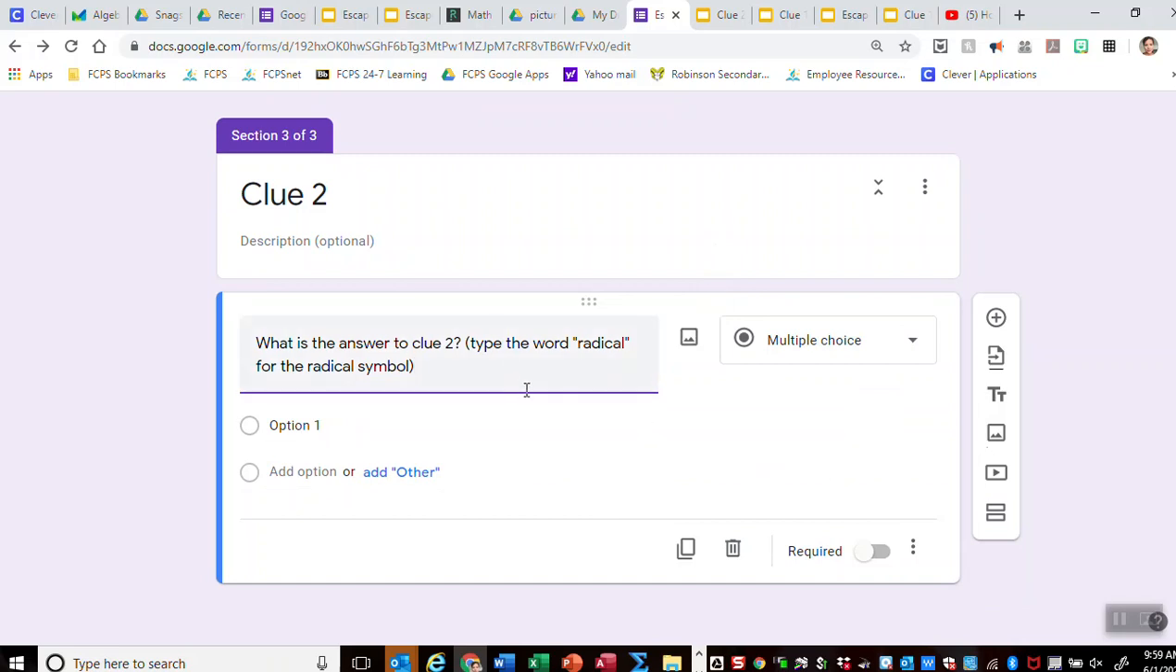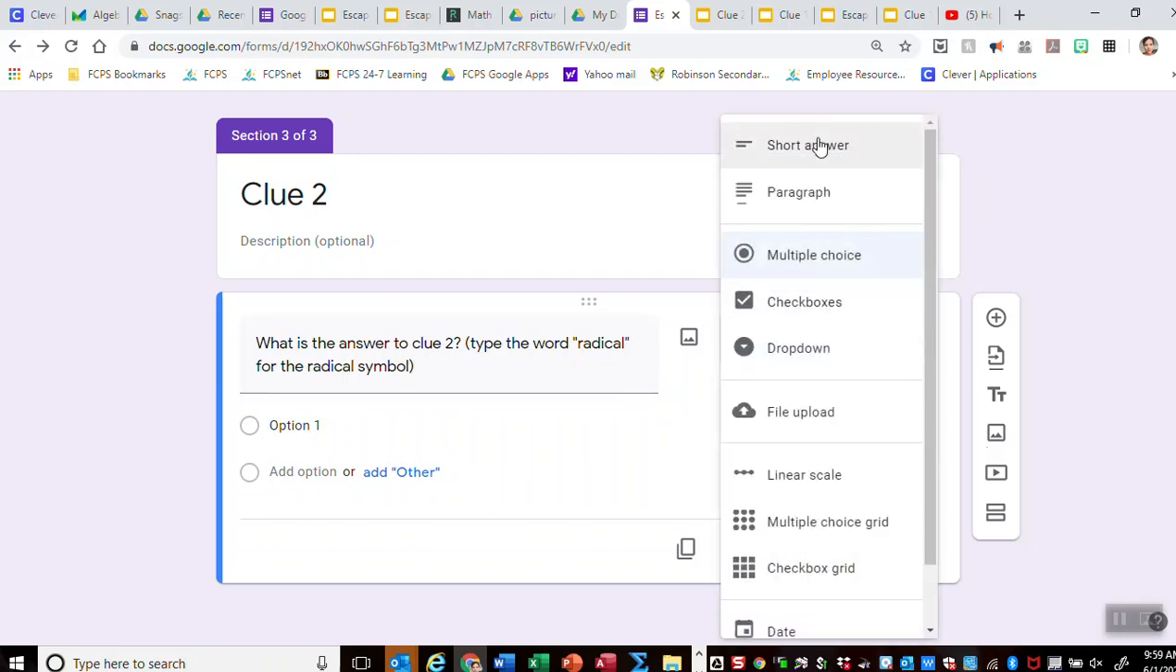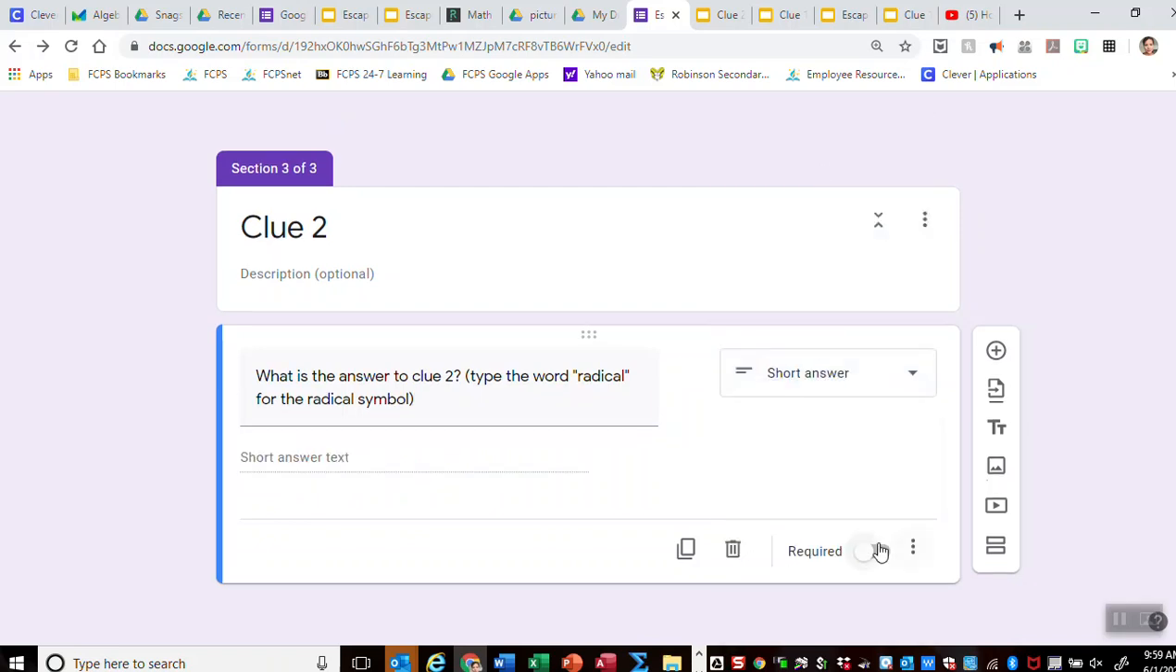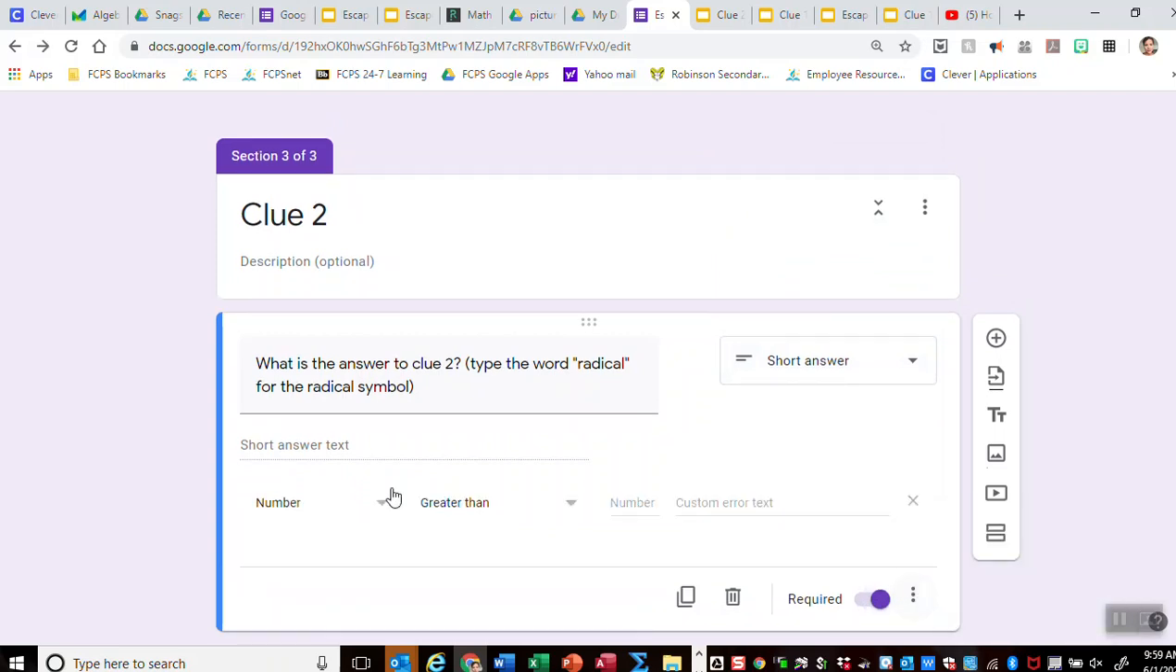Okay. Now you can see there, it changed it out of short answer. So I'm going to go back and put it back into short answer. I'm going to make it required. Click on the 3 dots, and I want response validation. There we go. We're going to have regular expression, matches, and the answer to this one is